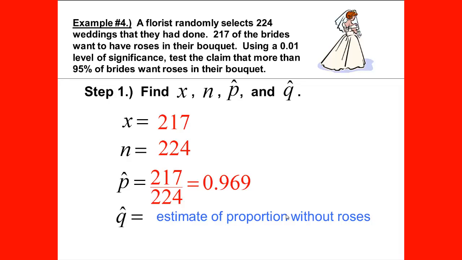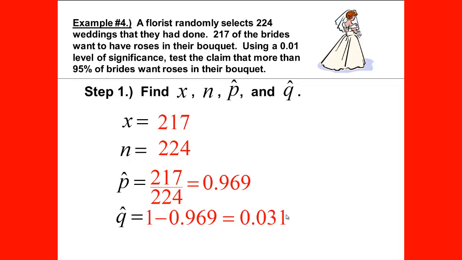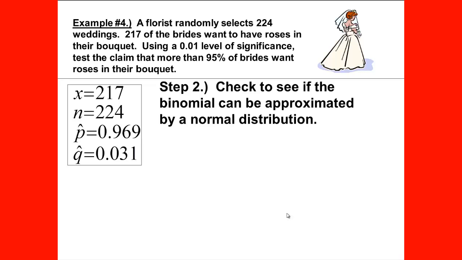Remember to follow your teacher's rounding rules. Q hat then will be 1 minus 0.969, which will give us 0.031. Let's write those 3 or 4 variables, and we'll place those in the box here to the left, and we're ready to proceed to